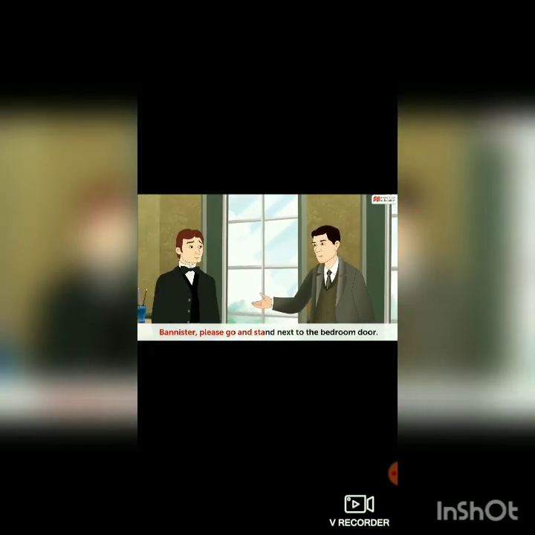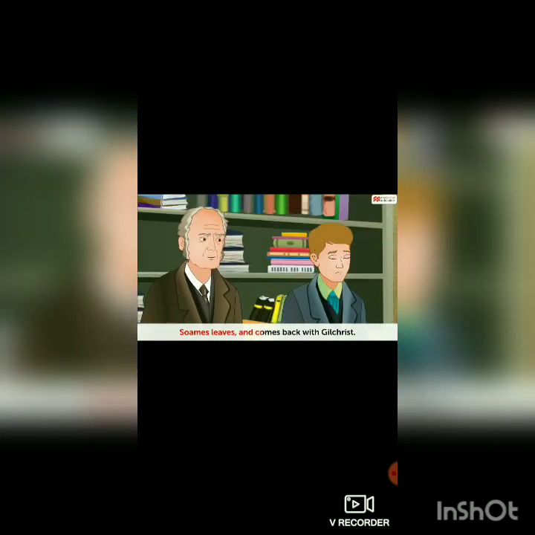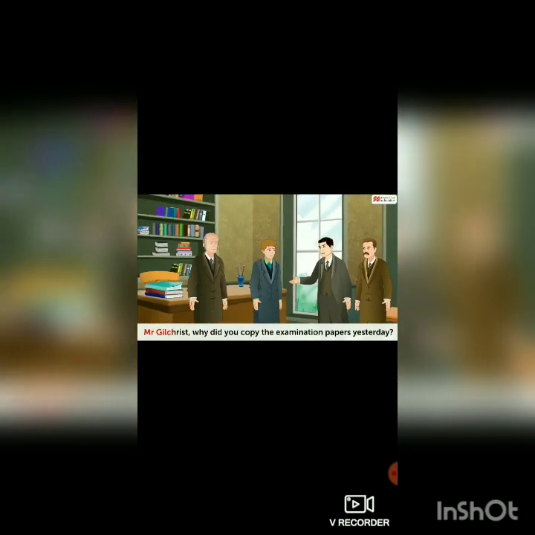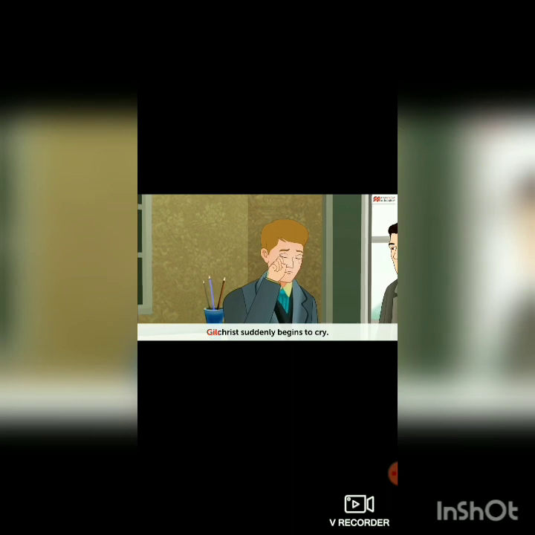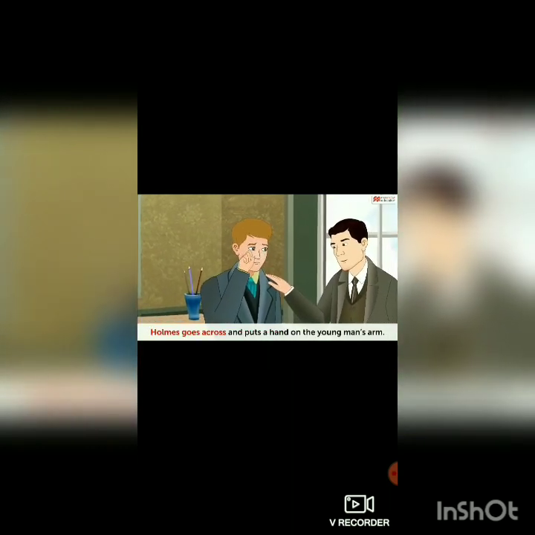Bannister, please go and stand next to the bedroom door. Soames, please go and ask young Gilchrist to come down. Soames leaves and comes back with Gilchrist. Gilchrist looks worried when he sees Bannister. Mr. Gilchrist, why did you copy the examination papers yesterday? No, Mr. Gilchrist, sir. I never said anything. No, but you are helping us now, Bannister. Gilchrist suddenly begins to cry. Holmes goes across and puts a